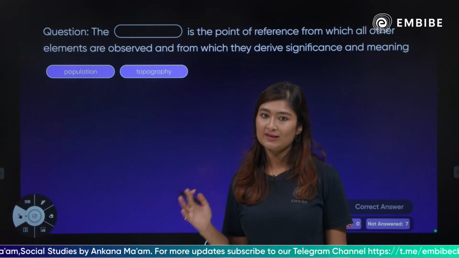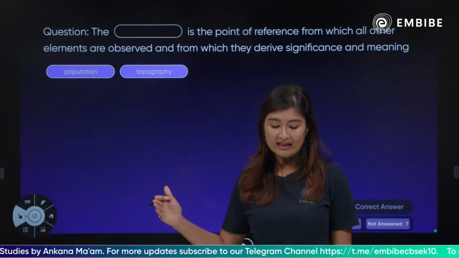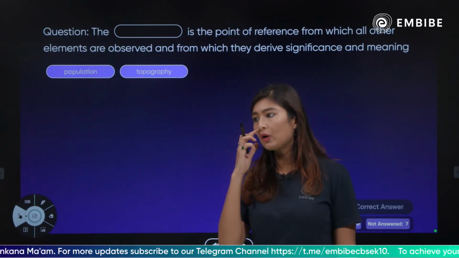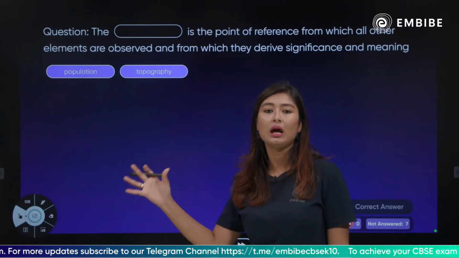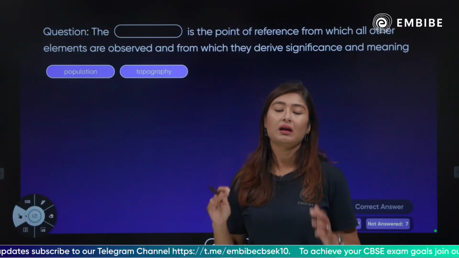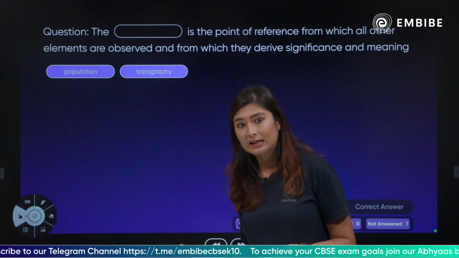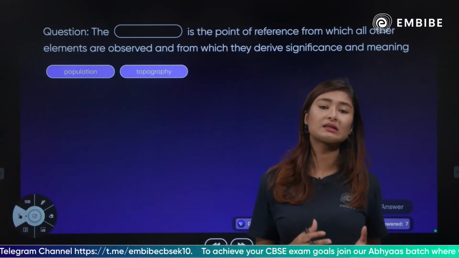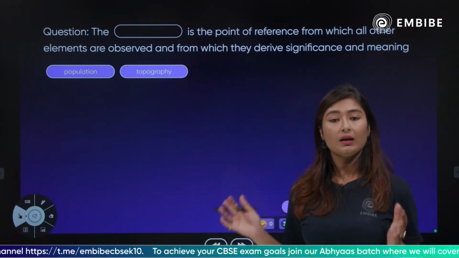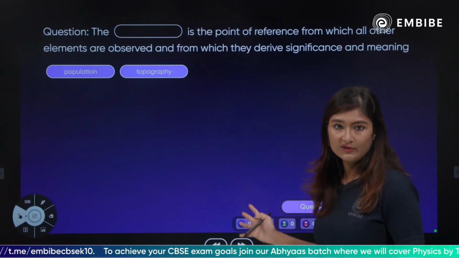So the population is huge and unevenly distributed, which means an equal number of people do not stay in an equal amount of area. There are some areas where a lot of people stay, and some areas where very few people stay. How does that vary? That study also we will be doing. So let's first answer this question.